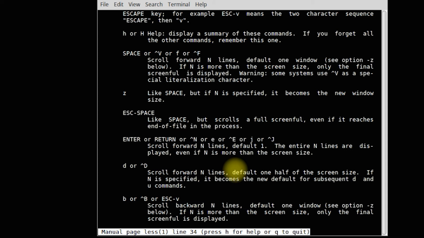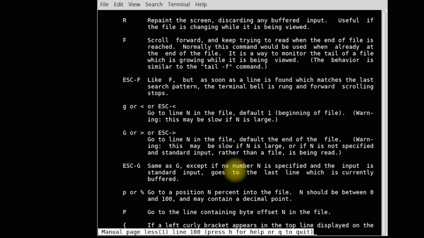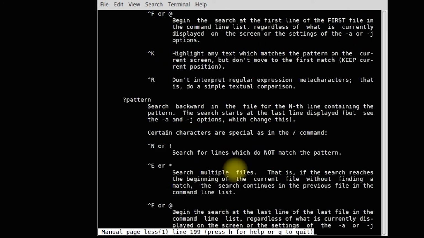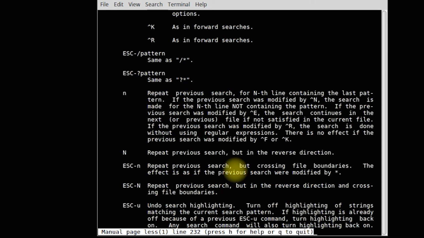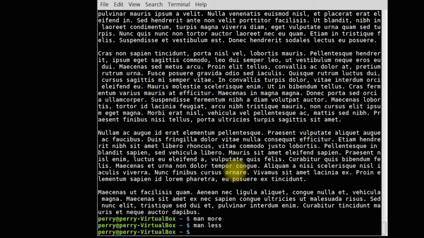I told you you've got W and Z that can be used to page forward, and you can read this and find all kinds of other things. By the way, page up and page down also work in addition to W and Z. So why not say those? Well, you may not have a handy page up or page down on some keyboards, or they might be function keys or whatever. It might be less convenient on a laptop, but it just depends upon the nature of the device that you have. But anyway, I'm going to hit Q to quit from that, and let's say less